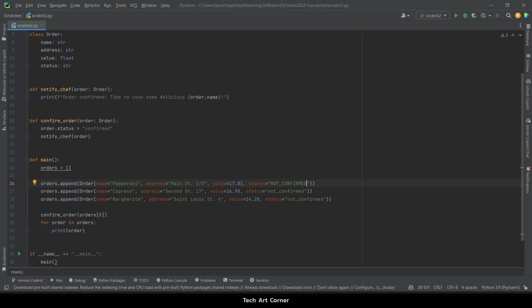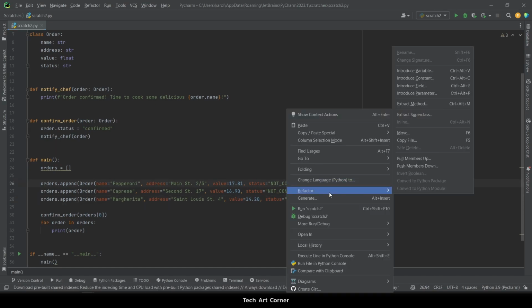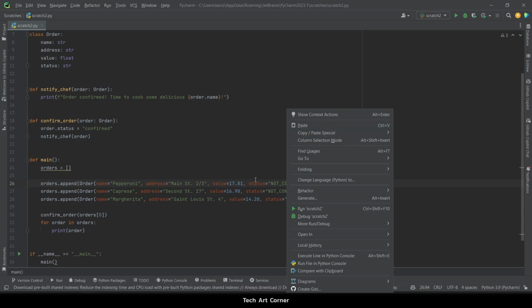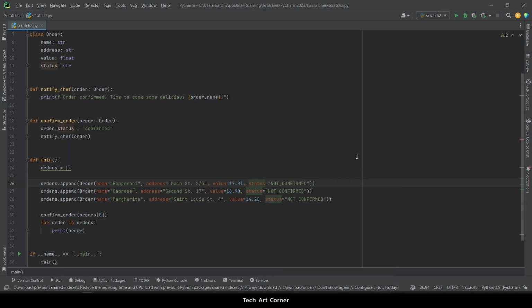What's more, if for some reason I decided to change available names, or maybe just change them to uppercase, I would have to go through all usages of them and refactor it, fix it by hand, because I can't just click the right mouse button and pick the refactor functionality. I know that I'm using PyCharm, which may not be your IDE of choice, but many of you who are using Sublime Text Editor or Visual Studio Code also have those refactoring functions, and they don't work the way we would like them to work in case of strings.